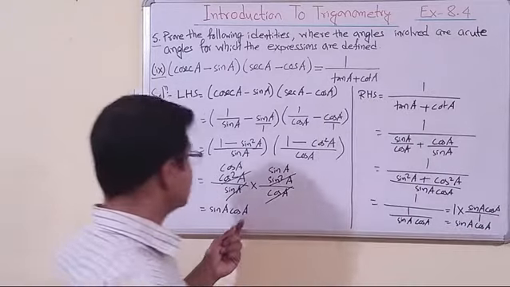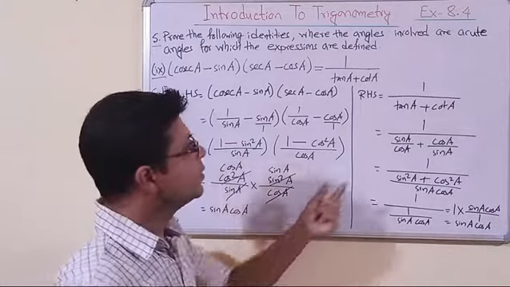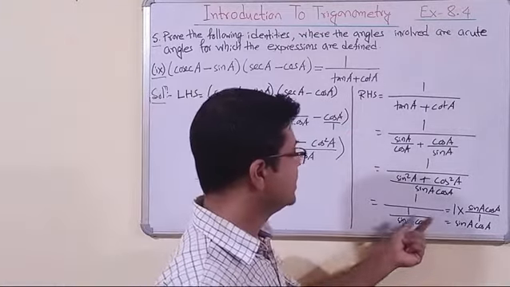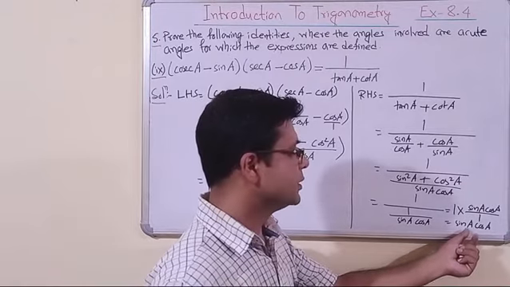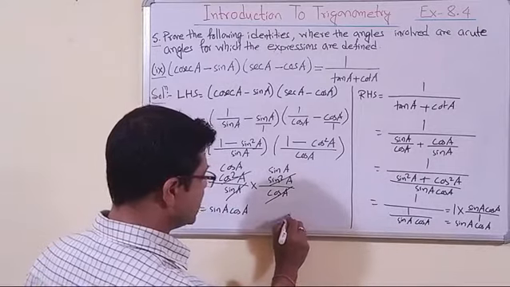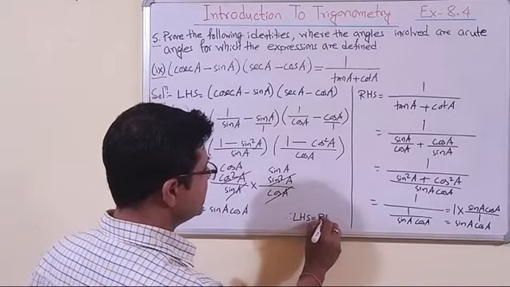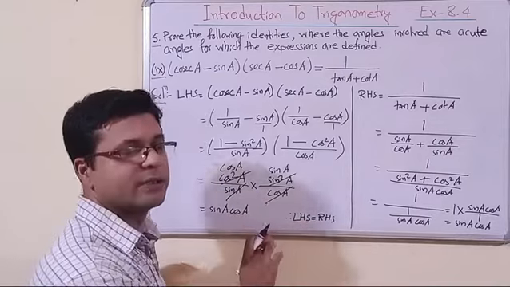So here you can see, when we simplified the left hand side, we got sin A into cos A. When we simplified right hand side, then we have got sin A into cos A. As there is no space here, so let us write a little bit here. This left hand side is equal to right hand side, because it's equal to sin A cos A. Alright.